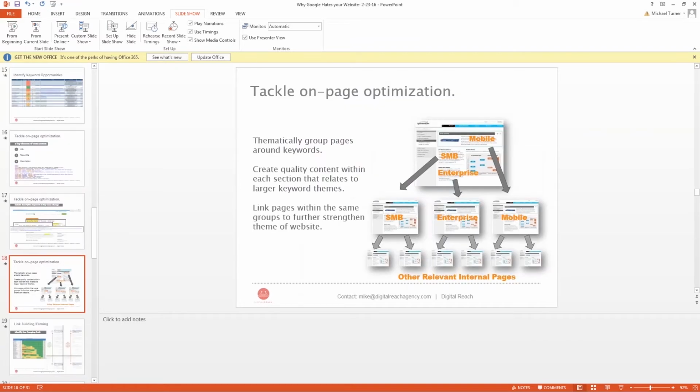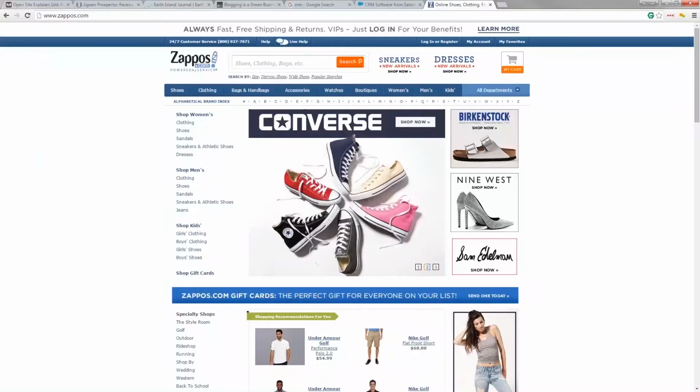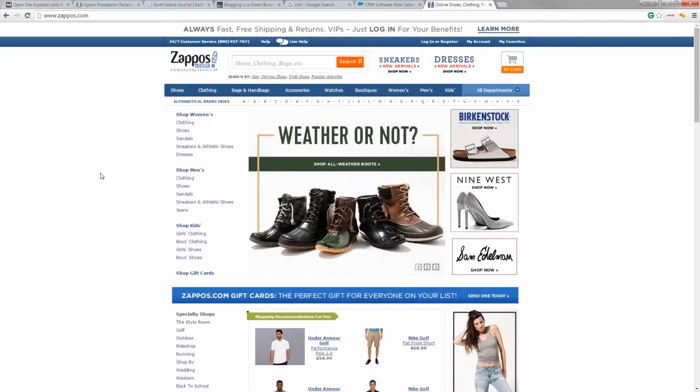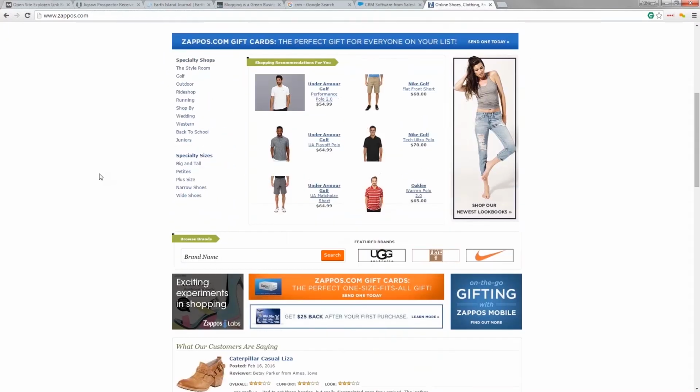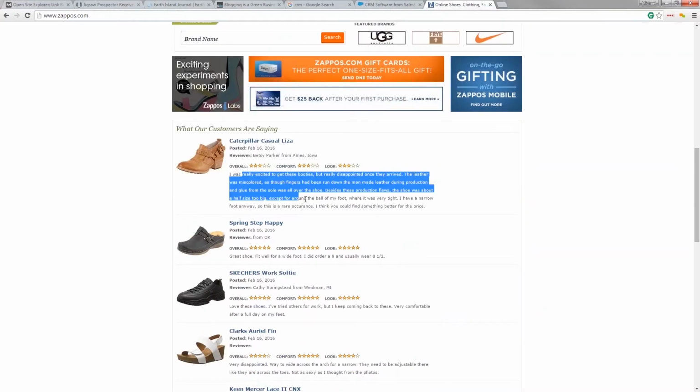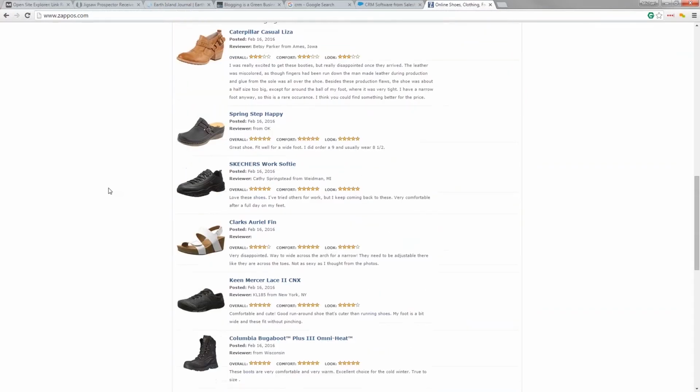So let's look at how Zappos does that internal linking, right? And they actually do a very smart job. They do it systematically, and they have a big web team that works for them. What they do very well is, within the actual comments section, they use a plugin, or they built one, where based off the keywords that they care about, they'll automatically internally link those keywords to the pages that they mapped on their website.